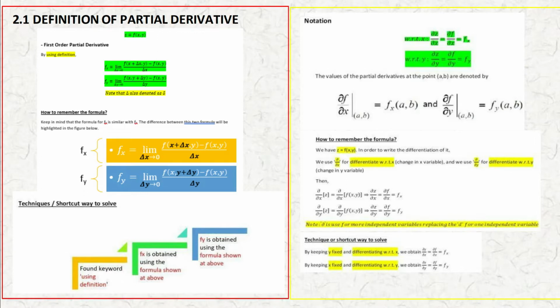So the technique and shortcut way to solve this kind of question: by keeping y fixed and differentiating with respect to x, we obtain fx. By keeping x fixed and differentiating with respect to y,